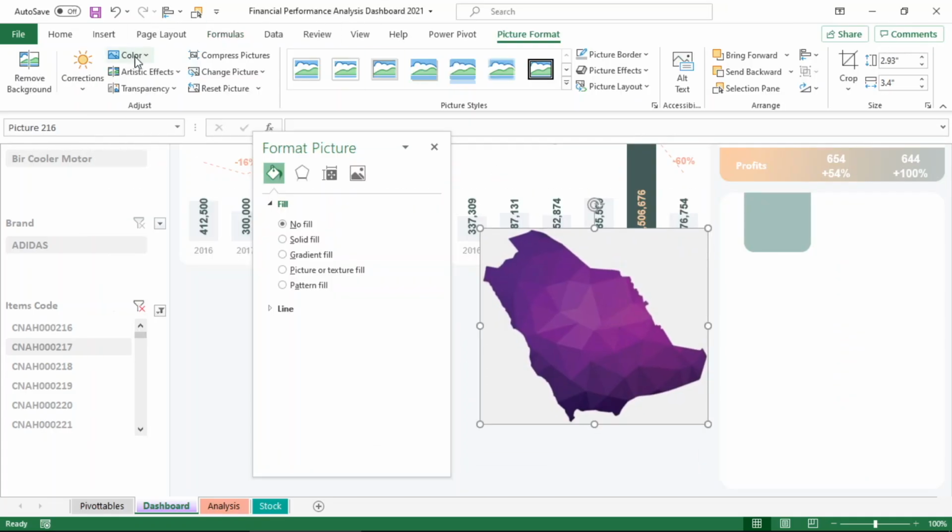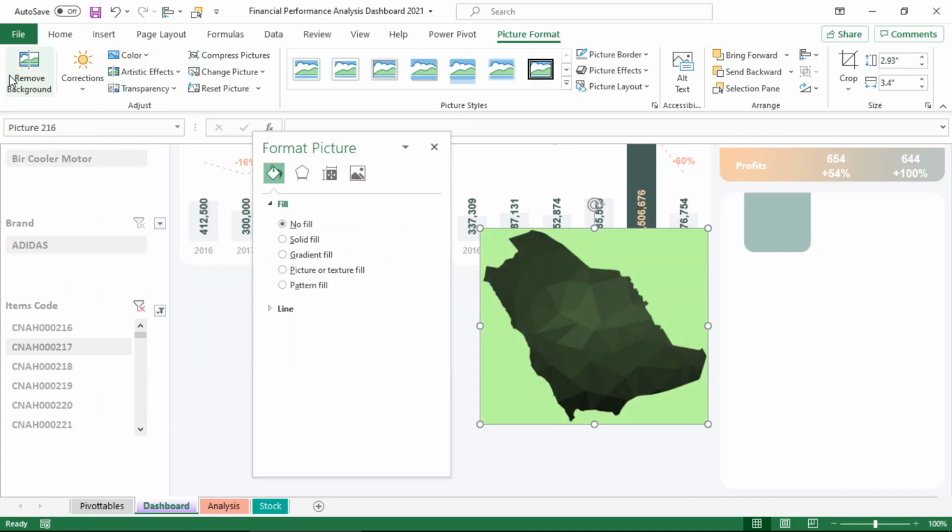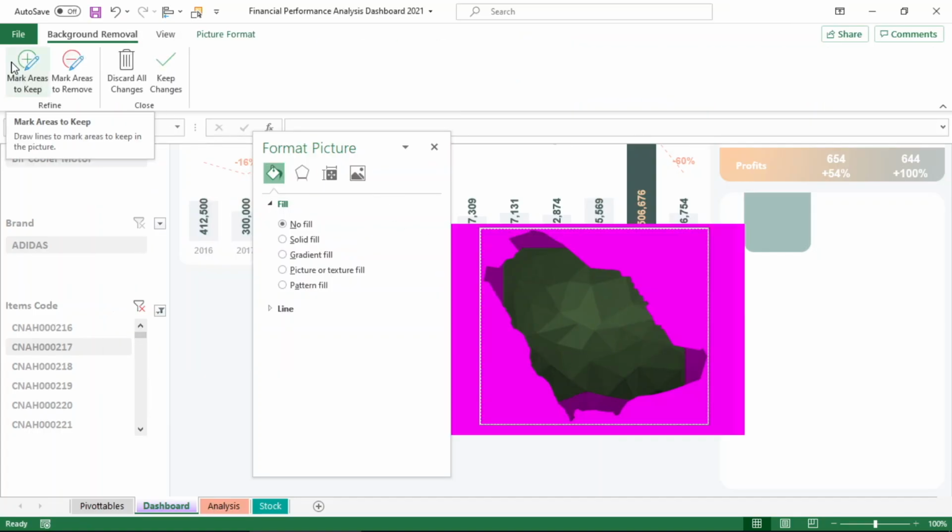This map image is good, but it contains a background. First we will change the color of the image, and now delete the background from the picture format menu. Just select the places you want to remove and the places you want to keep.